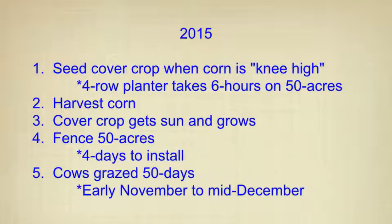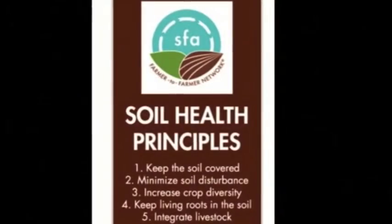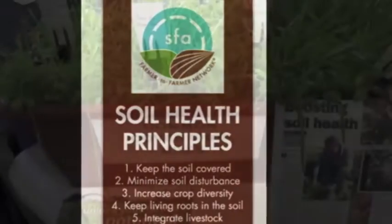And then early November that year, we got a load of heifers from a cattle producer I was working with, who I've been in contact with. And the cool thing about this that I think is these aren't my animals, and this ground is actually rented too. We rent it from a very long-term share rent landlord who we've built a good relationship with. And we were able to keep those cattle out there for nearly 50 days that year. You can see we had some snow at some points, but all in all,